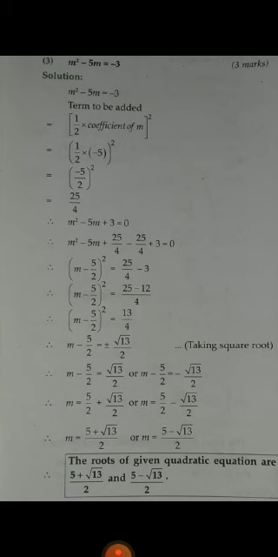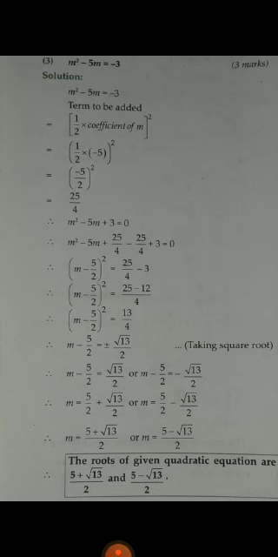Minus minus into plus. So whatever the equation is, m square minus 5m plus 3 is our equation, because we have taken minus 3 from the other side of the equation to this side. There it was negative, here it will become positive. So now 25 by 4 will be added and also subtracted in the given equation. So the first three terms, that means m square minus 5m plus 25 by 4, will be m minus 5 by 2 whole bracket square, and minus 25 by 4 plus 3 will be shifted to the other side of the equation. There it will change the sign, that will be 25 by 4 minus 3.